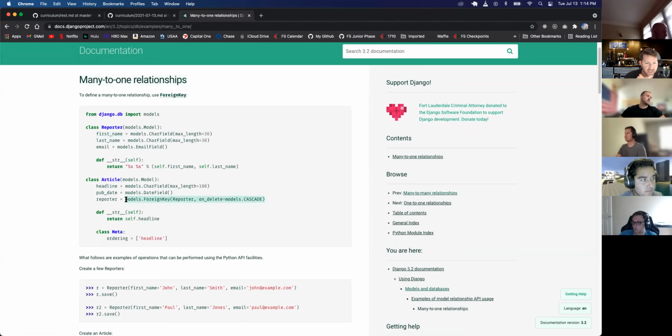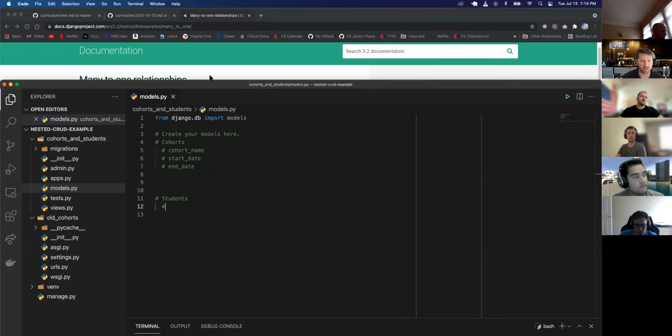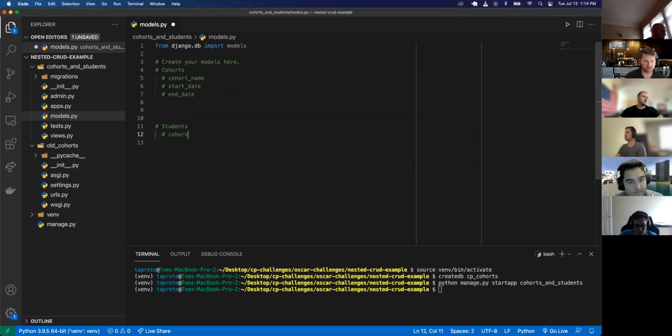So it looks like we can have a foreign key associated with that model, and cascade. We can also have a related name in there as well. So we can have cohorts, and then we'll have first name, last name, and we'll keep that for right now. All right. So now we can go ahead and create our cohorts